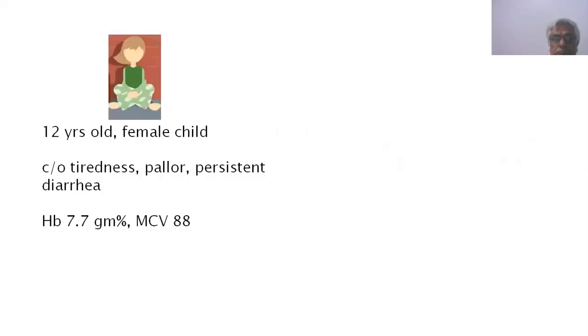Now this 12-year-old child presented with pallor, easy fatigability, and anemia, and there was a history of persistent diarrhea. When we did the CBC, the hemoglobin was 7.7 gram percent, and I was certain that this patient would have microcytic anemia. Because of persistent diarrhea, I thought there should be an element of iron deficiency anemia. But the MCV was 88, and the report given by the pathologist was normocytic normochromic anemia. So one of the first things they should consider in such a